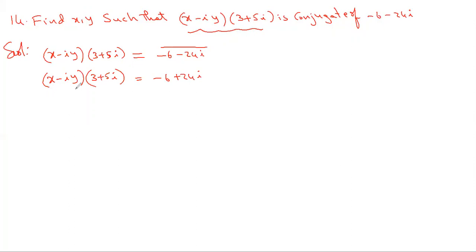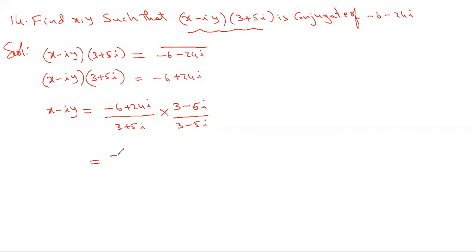So some people will multiply the LHS and then get some expression in x and y and then equate the coefficients, the real parts, and then a little lengthy calculation. Instead of that, when you want to find x and y values, isolate them. I mean to say x minus iy equal to minus 6 plus 24i by 3 plus 5i. So now it is easy for you to realize: multiply the denominator with its conjugate, 3 minus 5i by 3 minus 5i. So automatically the numerator calculation is similar, regular.